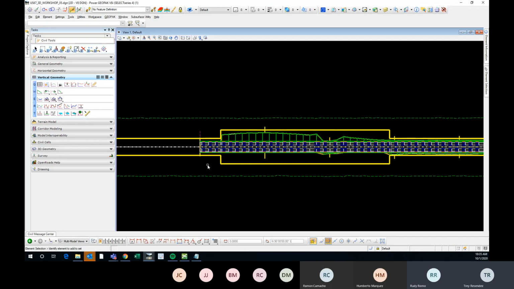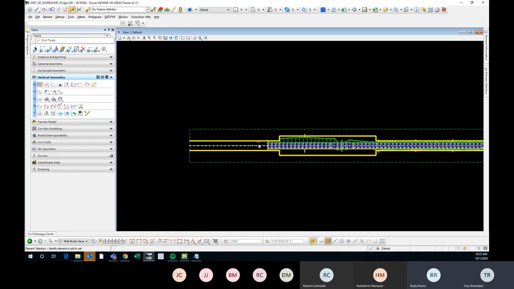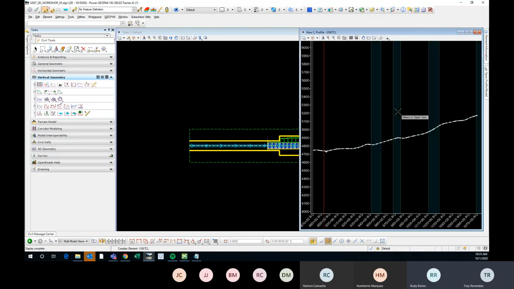So, before I start showing some of the corridor functions that I was going to show y'all, I wanted to show you some vertical geometry tools that I normally use for pretty much all the projects. So if I open the profile model of this alignment, okay, it's here,